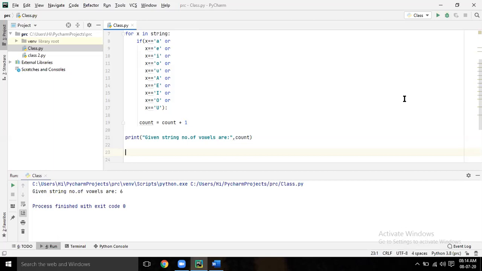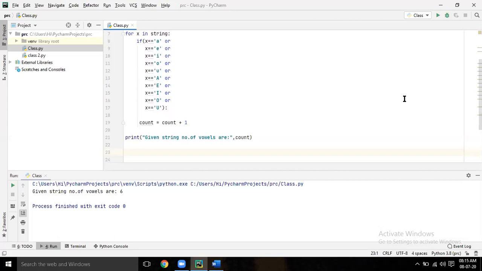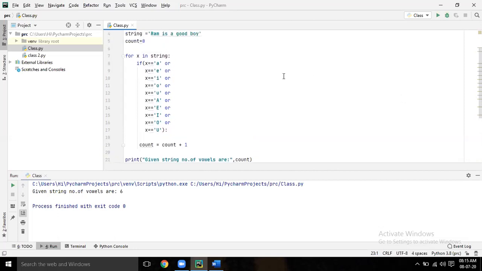It will check the string first. First x equal to r. It will check if x equal to a. No, so it won't come inside the if. Now a is there, so count equal to count plus 1, making one. It will go till the end.